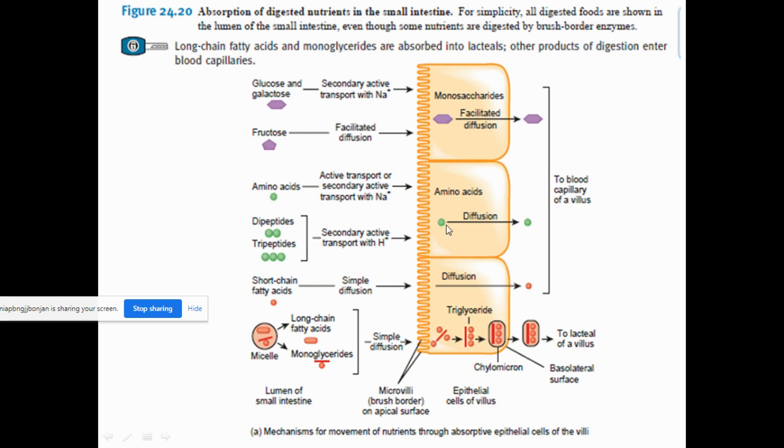All these glucose, galactose, fructose and amino acids move into the absorptive cell, and then they diffuse from the absorptive cell into the interstitial fluid and then into the capillaries, and they enter the circulation. You recall the capillary and the arteriole present in the microvilli. They are taken to the liver through the blood by way of the hepatic portal system, and from the liver it reaches the general circulation.